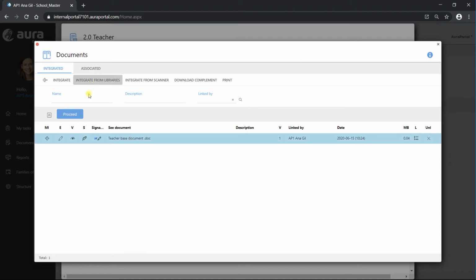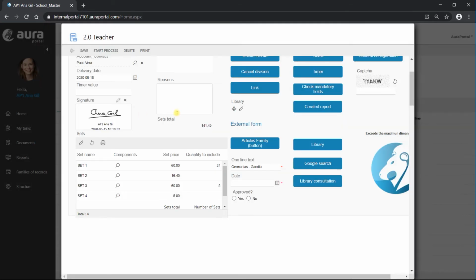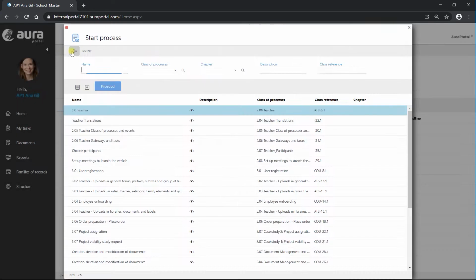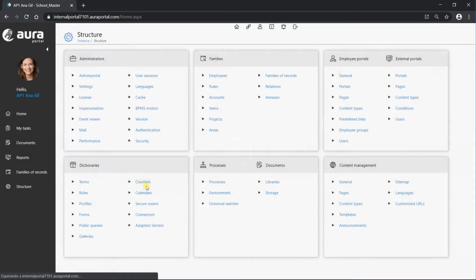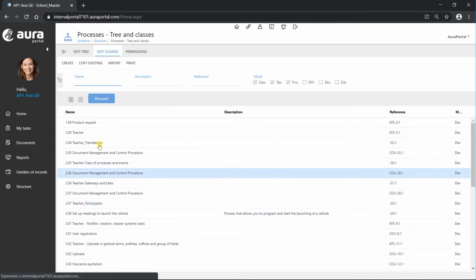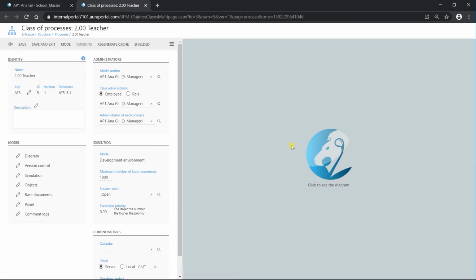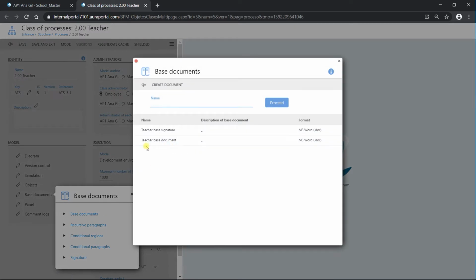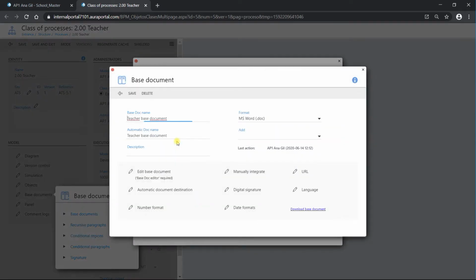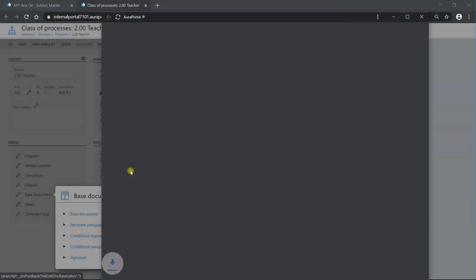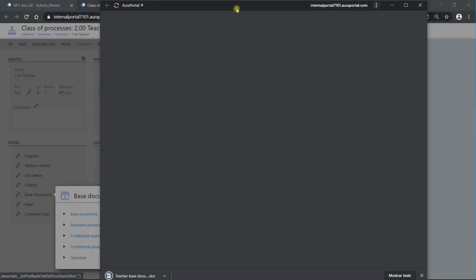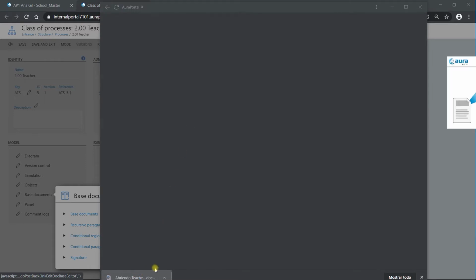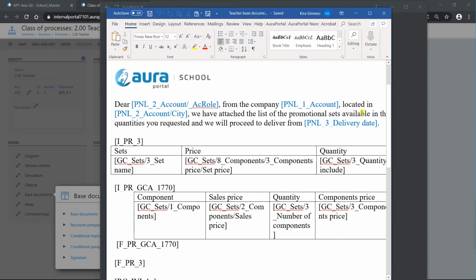Let's go now to create a base document. But before doing that, it would be interesting to actually see the base document of this process we have just been using. So if we go to base documents, and we go to the teacher base document, okay, we will be able to see it. So let's open it. Okay, and we can see here,